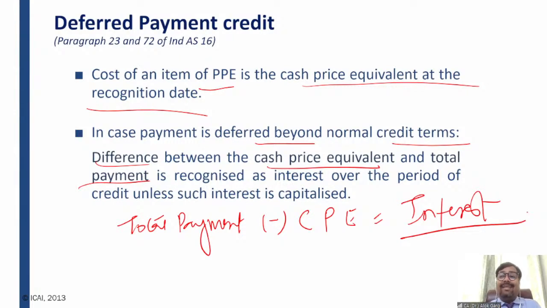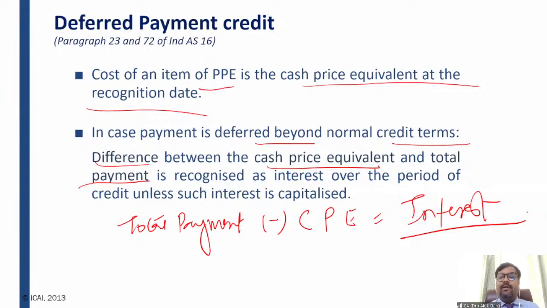But if that asset is a ready for use asset, for example, I bought a car. So when I bought a car, that car is ready for use. That car is available for use, right? When I bought the car. So that car is not a qualifying asset. So in that case, the interest on car has to be charged to P&L, right? But if I am constructing a factory, of course it is a qualifying asset, and in that case, whatever interest I am paying, that has to be added to the cost of the factory, right?